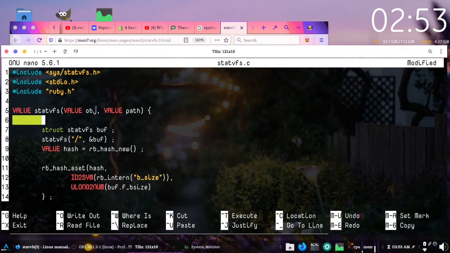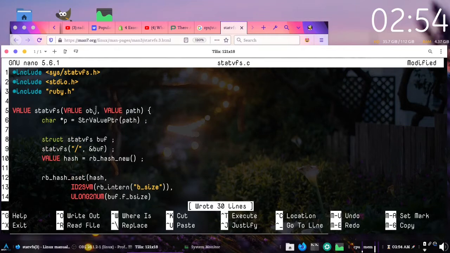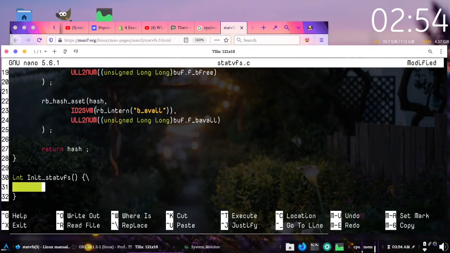To do that, I will do char star, maybe call it p, and set it by calling the function string value pointer. I believe it is spelled like that, StringValuePtr. Then give the path here, which will get converted into our C character, and then pass the p instead of the hard-coded path. Inside int statvfs, we will define our global function called with rb_define_global_function, and let's